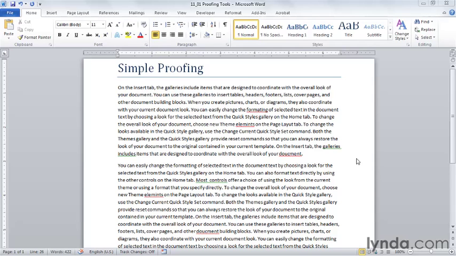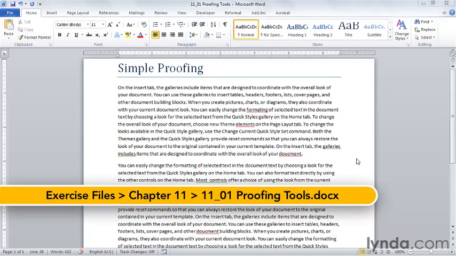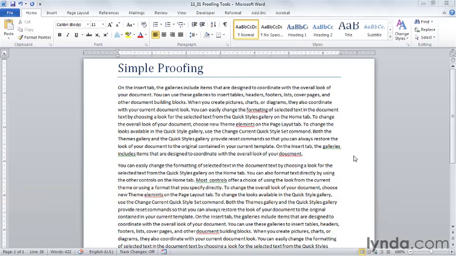Before you share your document with others in print or by email, you should take a moment and check your spelling and grammar. Word has been noting possible misspellings as you've been entering document text. You can see it here on the status bar. Now it's time to review Word's findings.